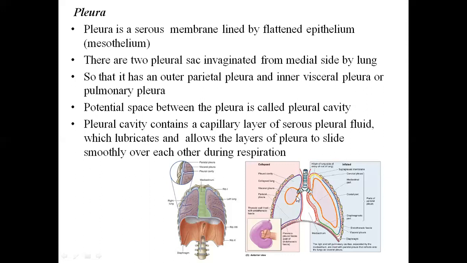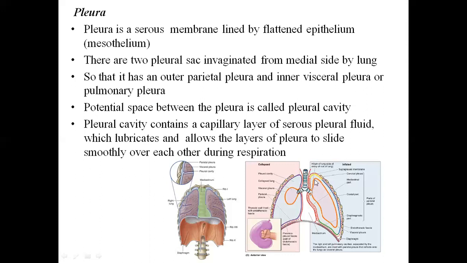As you can see here, the lung bud is invaginating into the pleura, which is a single sac-like structure initially, where later we can see that the lung is invaginated completely, and the parietal pleura, which you can see here, the yellow one, becomes brown, and again you can see when it reaches the root, it becomes continuous as the visceral pleura. This brown line represents the visceral pleura, which is very close to the lung, and the visceral pleura covers the lungs very closely. And when it reaches the root, then it becomes the parietal pleura. Then again, when it reaches the root of the lung, it again becomes the visceral pleura.